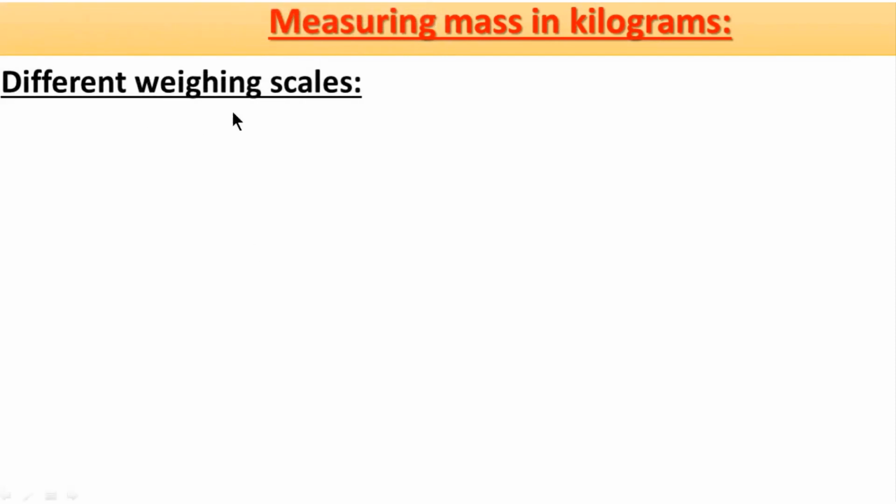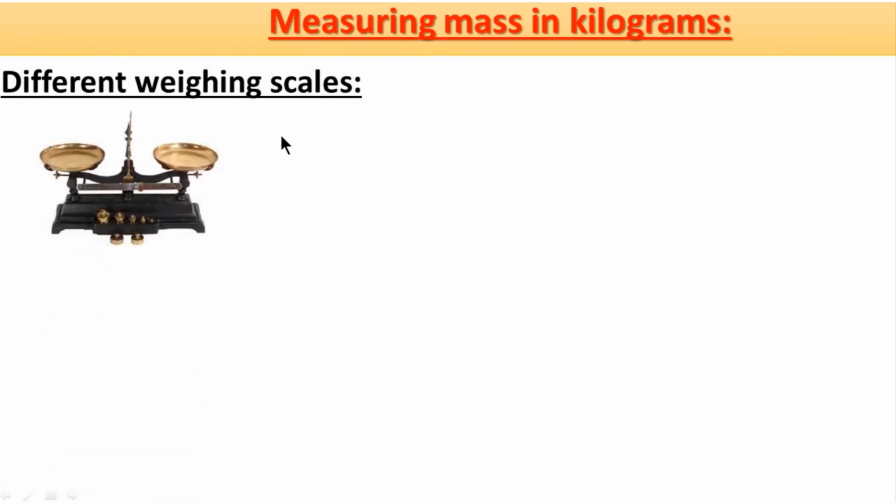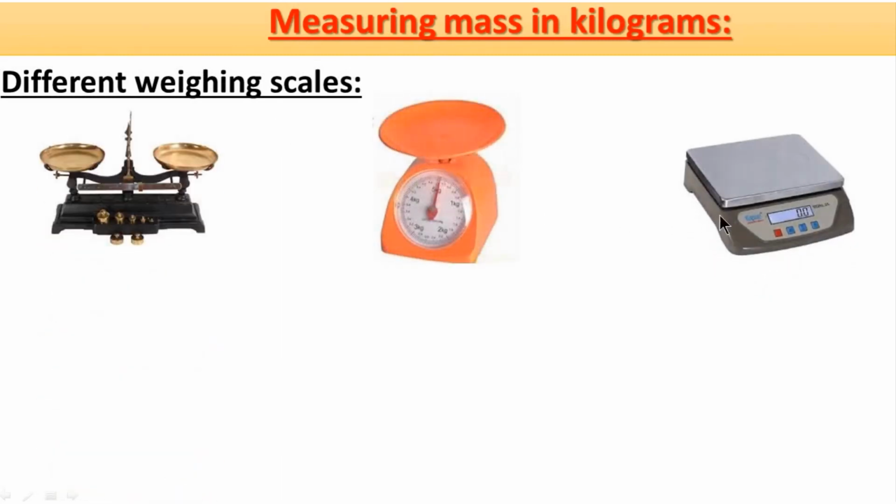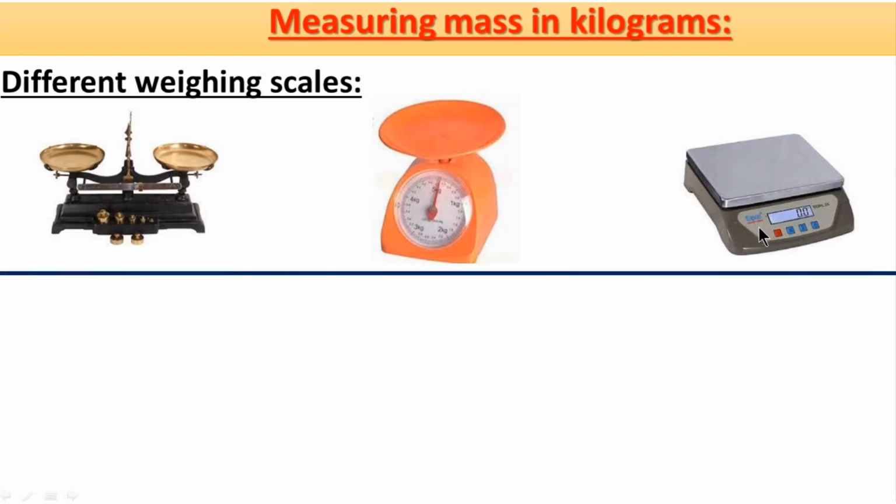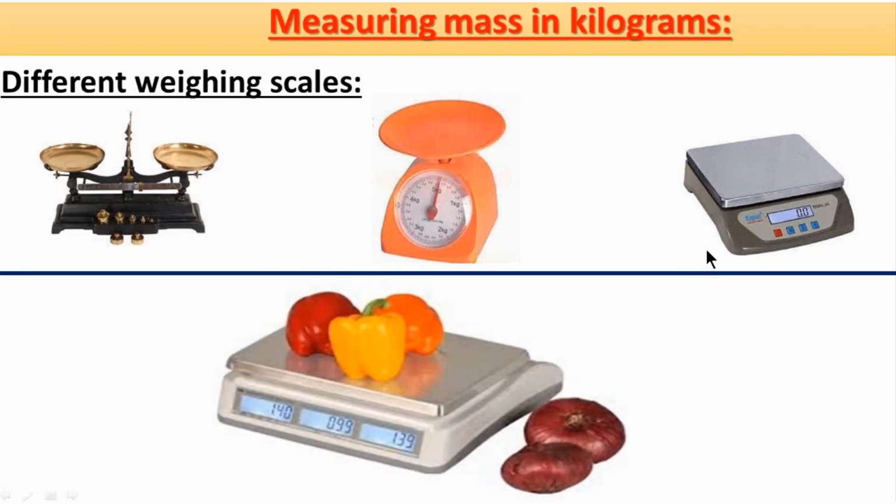First of all, I will show you different weighing scales. See, these are some different weighing scales in the market. Usually we use this type of measuring scale, right? If you are going to any grocery or supermarket like Lulu, Panda, or Nesto, you buy things from there like vegetables and fruits. You buy those things in kilograms, for example apples by the kilo, onions by the kilo.